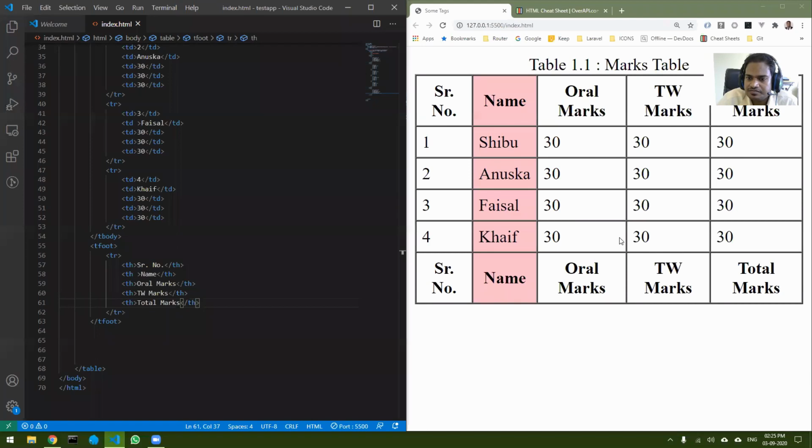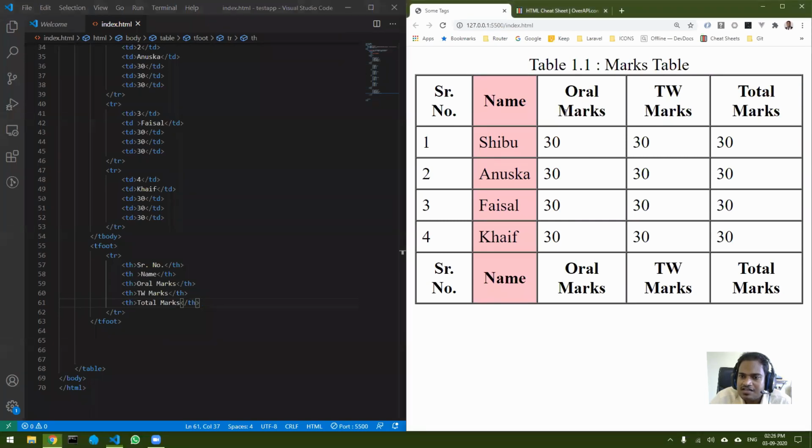Now if you look at this, this looks a bit complicated, right? Because what is common over here? Marks, marks, and marks. Okay, so can I do something like this where marks is common, and then inside that there are 3 divisions: oral, term work, total, like this.